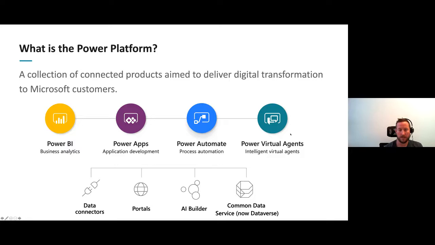Power Virtual Agents as well allows us to easily create chatbots. With the Power Platform, we've got over 250 data connectors to third-party services. You can also create portals with Azure. So with the portals, you can build a portal that your customer can come to. There's a good example where Virgin used the Power Platform to create a portal for people booking in massages when they went to